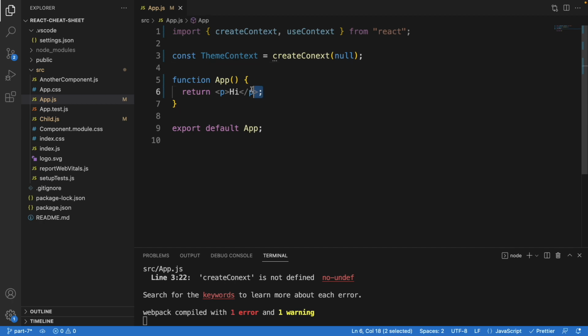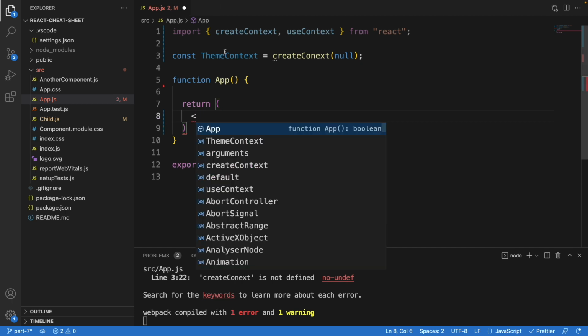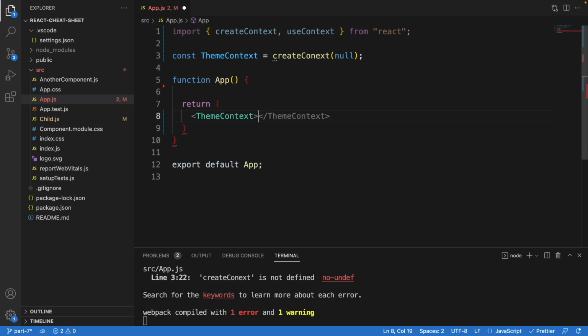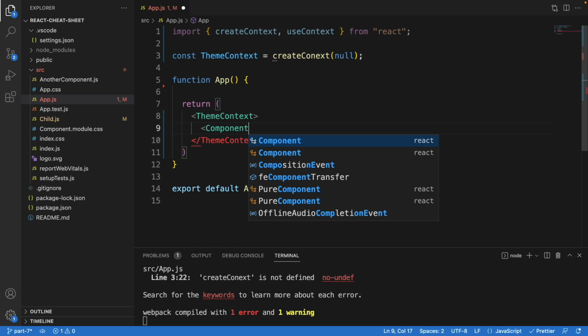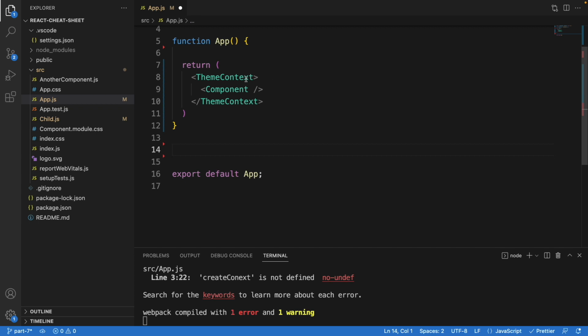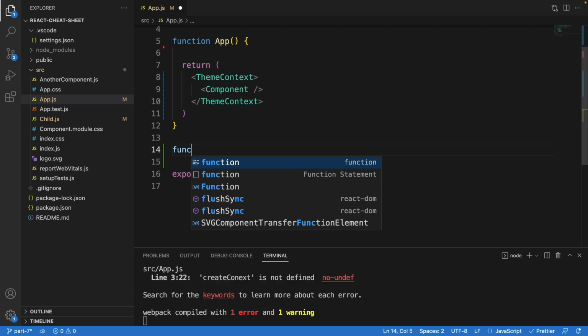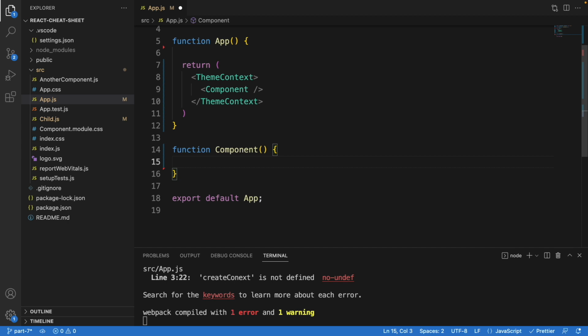So now let's go inside the app here. Okay, so in the return we want to return the ThemeContext here that we defined, and inside the theme here we can call any component. So in this case I'll just call it Component, and we need to create this component, right? The component called Component. So this will be a function component, and inside the component we can start